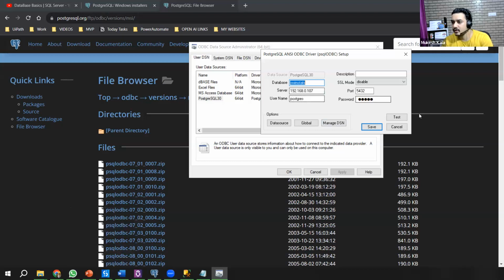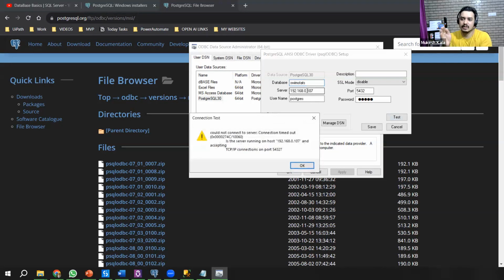Here you have already connected. I can click on this button which says test, right? When I was testing, I could test it there. But if I go here and I say test, it's trying to connect to my local system, right? And this server is my personal server. I am running my computer on 192.168.0.107, right? All of these steps are absolutely simple. You just need to have a little bit of knowledge about servers and all, right?